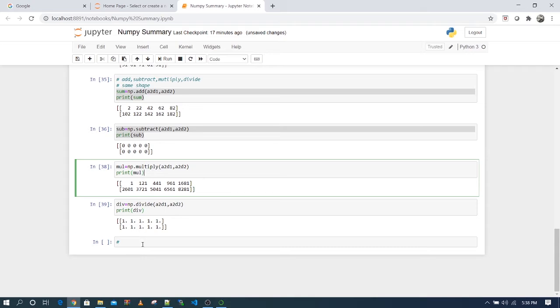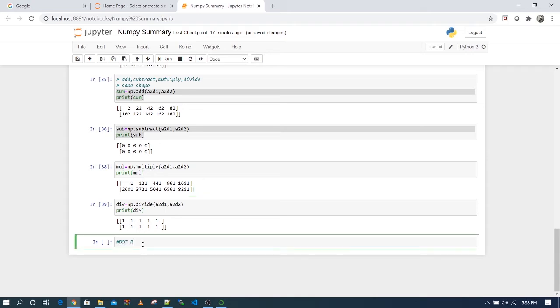Now to find the dot product, you need a certain prerequisite: the first array must have the same number of columns as the second array has rows. So if the first array has 2 rows and 5 columns, then the second matrix must have 5 rows and 2 columns. Then you can have the dot product of it.